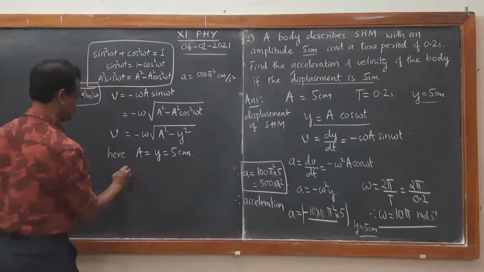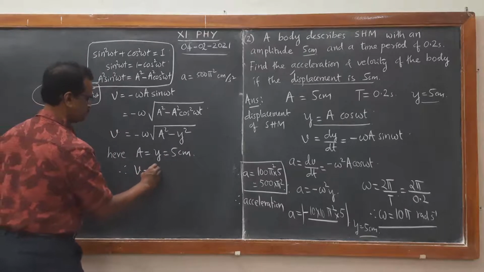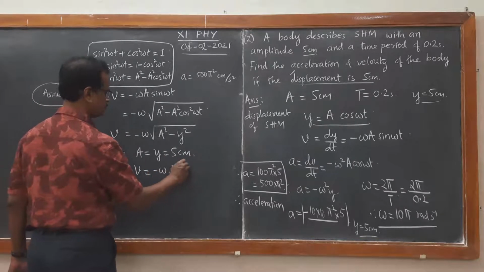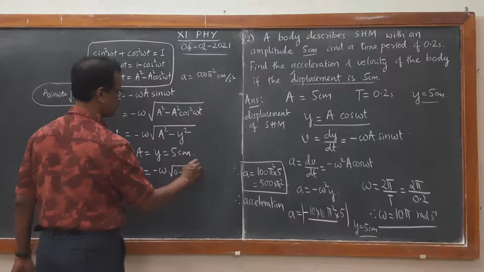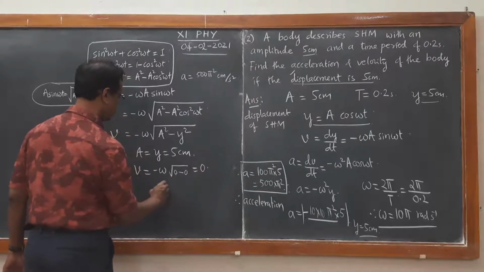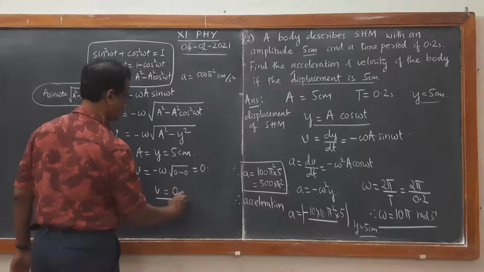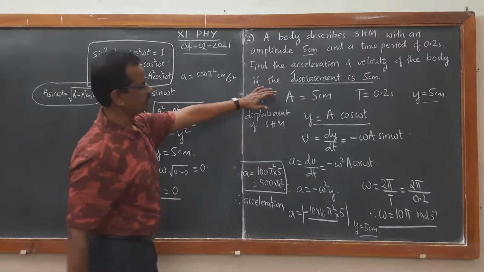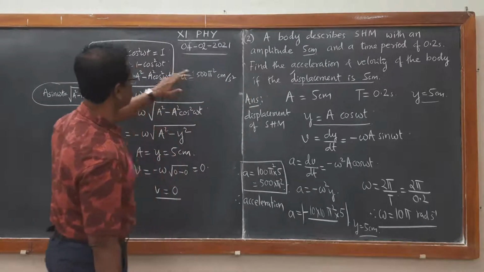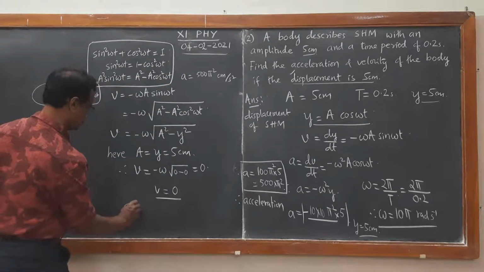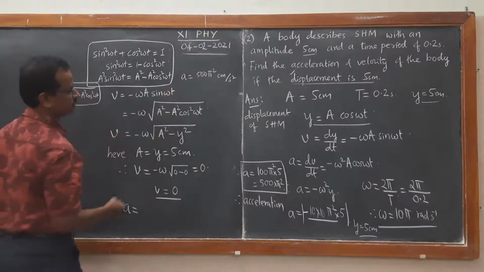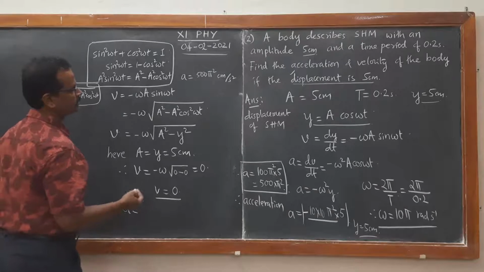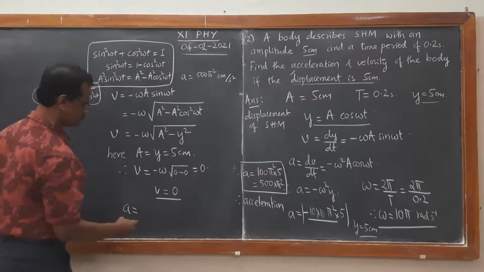Therefore, if you substitute, velocity becomes minus omega into 0, which is 0. So velocity is equal to 0 when displacement is 5 cm. Then what about acceleration? Acceleration is equal to 500 pi square centimeter per second square. If you write it in meters, it becomes 5 pi square